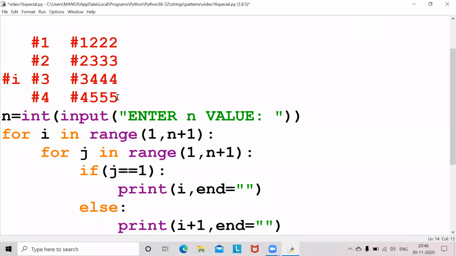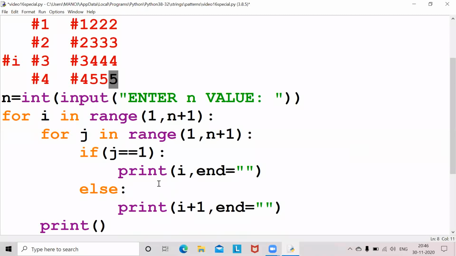Again j will be incremented, the value of j will be 4, fourth row fourth column, but this condition is not satisfied, so it will go to else, print i plus 1, 4 plus 1, what is the value? 5, so it will be printed.